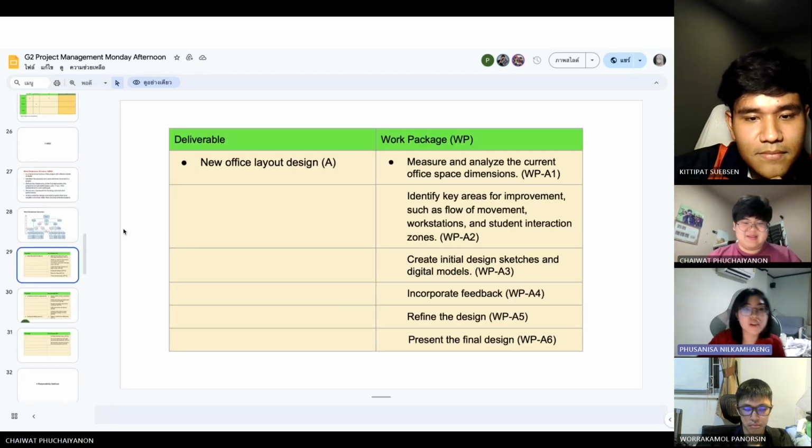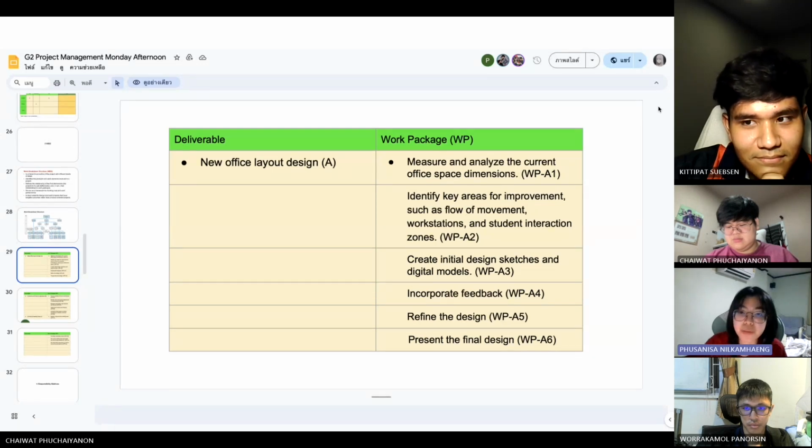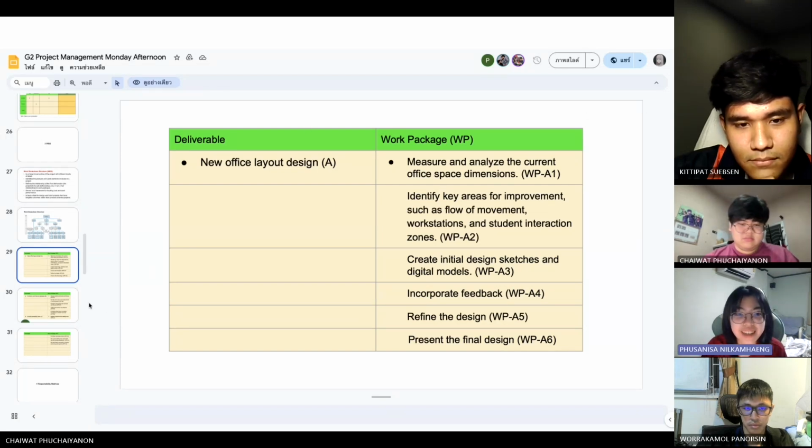Okay. For the deliverable and the work package, for the first one, a new office layout design. For the work package, we have measured and analyzed the current office space dimension. And for the rest and the code, we have shown it will appear on the project network and the responsibility matrix. For the detail, you can read by your own